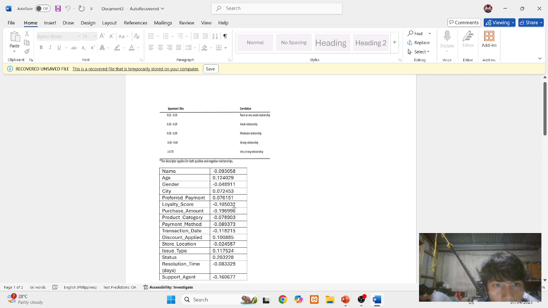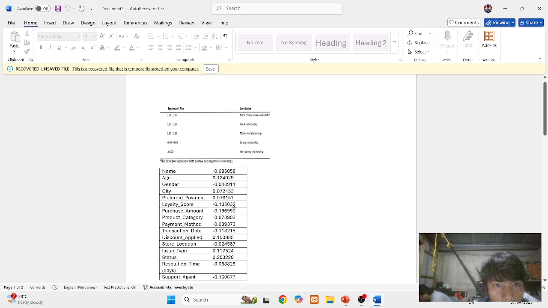We perform this in terms of customer feedback. So the target of data reduction is customer feedback. We need to know the relationship of customer feedback to all of these, since these all are the predictors and the customer feedback is the target. So this is the result for the Spearman's correlation.